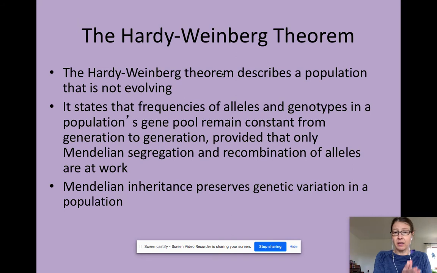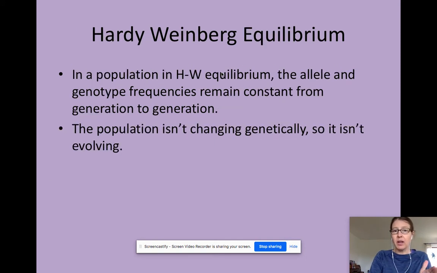So again, it's stating that the alleles and genotypes in a population's gene pool will remain constant from one generation to the next, as long as it's just Mendelian segregation and so on. And so if a population is in what we call Hardy-Weinberg equilibrium, it means that those allele frequencies are staying constant generation after generation. There are a few conditions for that to happen, though, because for those allele frequencies to stay in equilibrium where they're not changing,